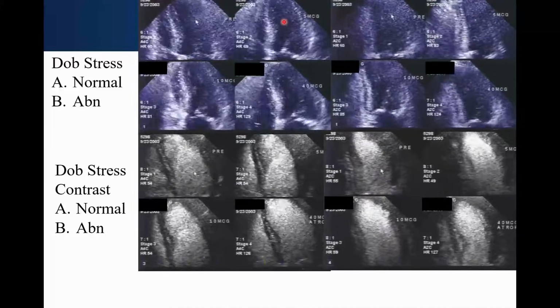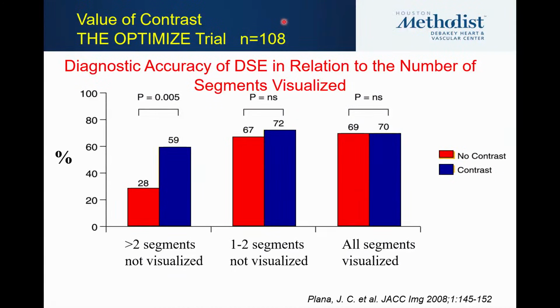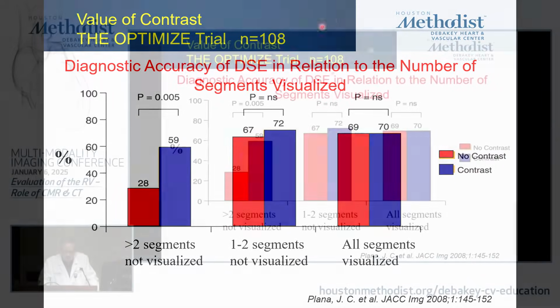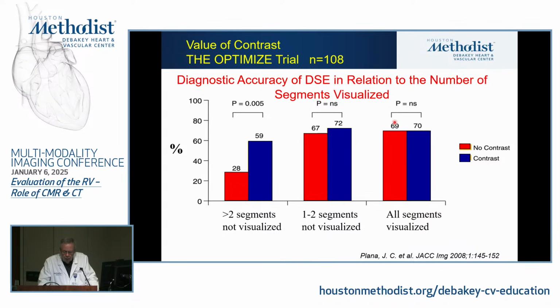And the findings were very interesting because they showed that where you get your money is when at rest you have more than 2 segments that you don't see well. In that group, contrast clearly improved the accuracy of the stress echo compared to angiography, 100 patients or so. If you have perfectly nice looking images, it didn't help at all. And even if you have only 1 or 2 segments that were not that well seen, it didn't really help